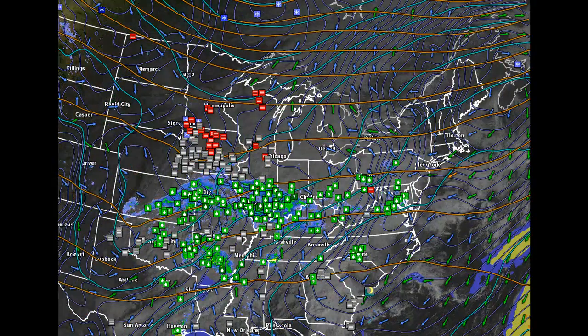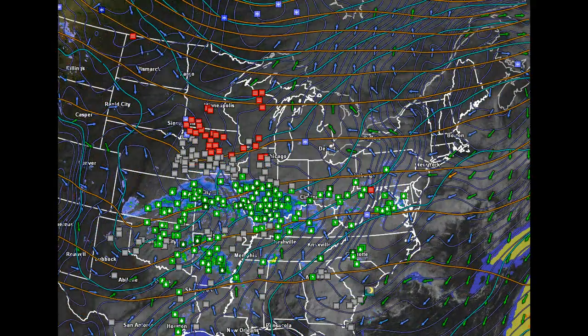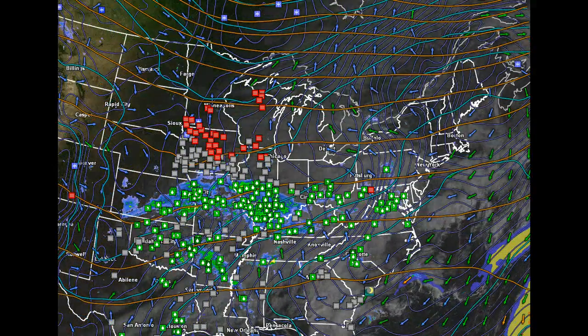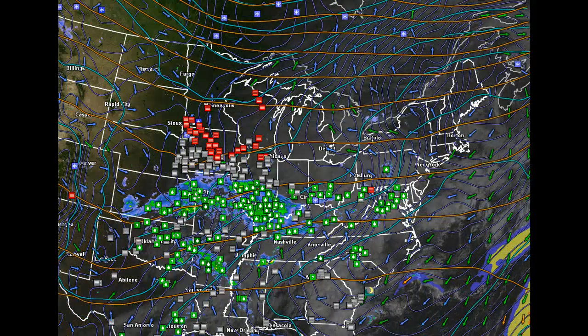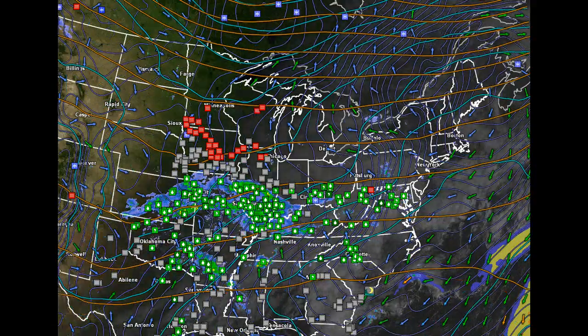We'll start out with wet snow spreading in across the region this evening. This will accumulate roughly about 1 to locally 4 inches of wet snow and mostly be confined to the highest terrain of generally central and southern Vermont, seeing the most, and changing over to some form of freezing rain or